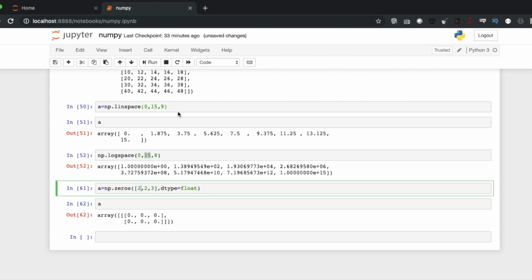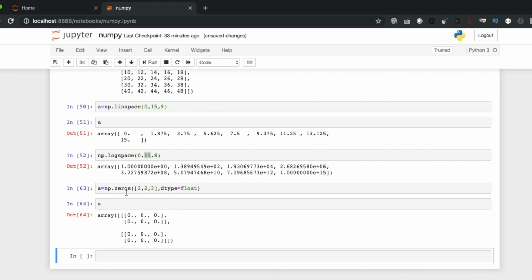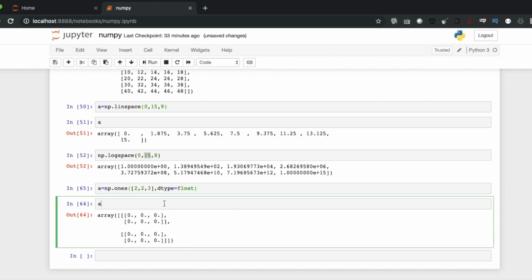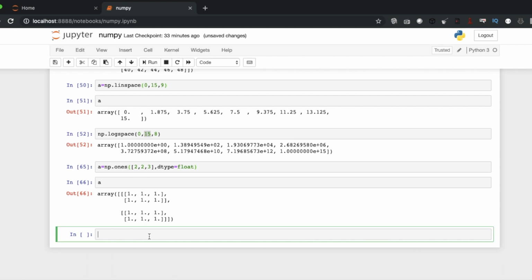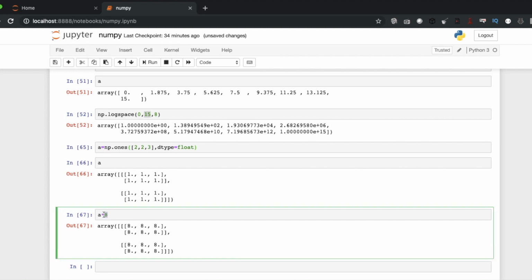create. There is another way of doing it, like ones. And if we multiply by 8, see, every operation in NumPy is element wise, like I just multiply this with 8 and all the elements become 8.